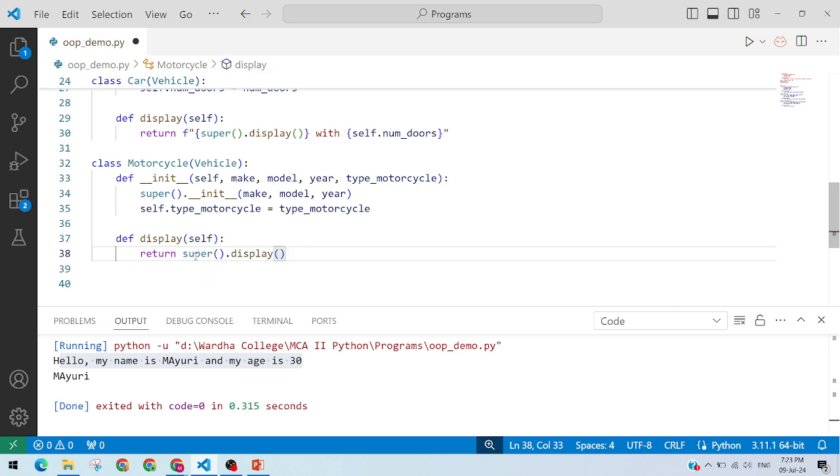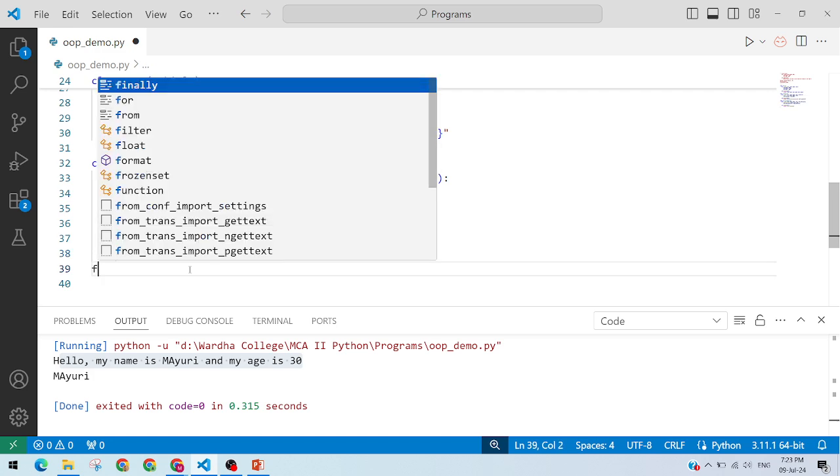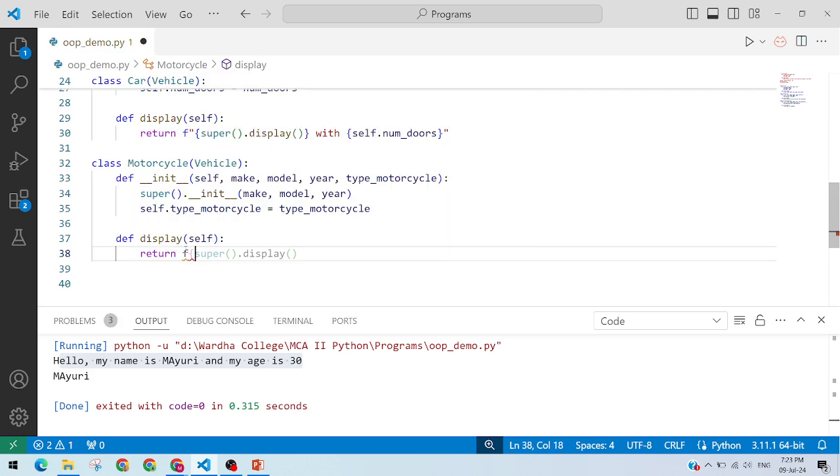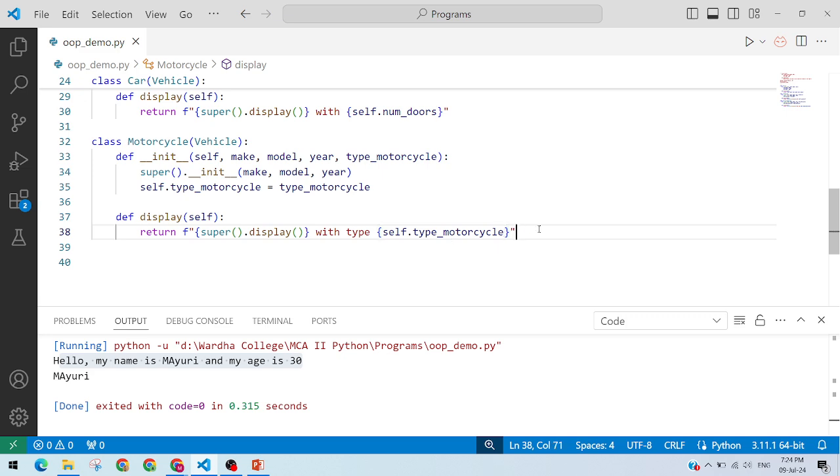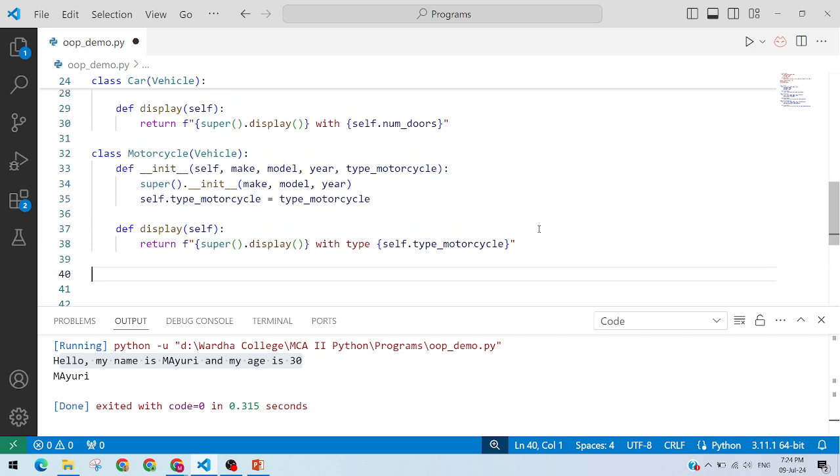So if I say def display, so it is already returning display method of parent class। ठीक है, इसमें हम टाइप भी प्रिंट करेंगे मोटरसाइकिल का। ओके, super dot display with type, self dot type motorcycle। Okay, so we have one parent class, that is vehicle। we have inherited two child class from that vehicle, one is car, second is motorcycle। okay, now we'll create objects। okay, तो पहले हम कार का एक ऑब्जेक्ट बनाते हैं,